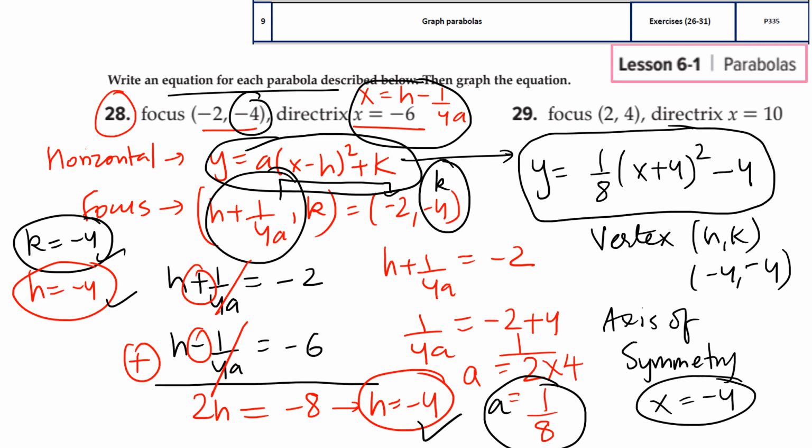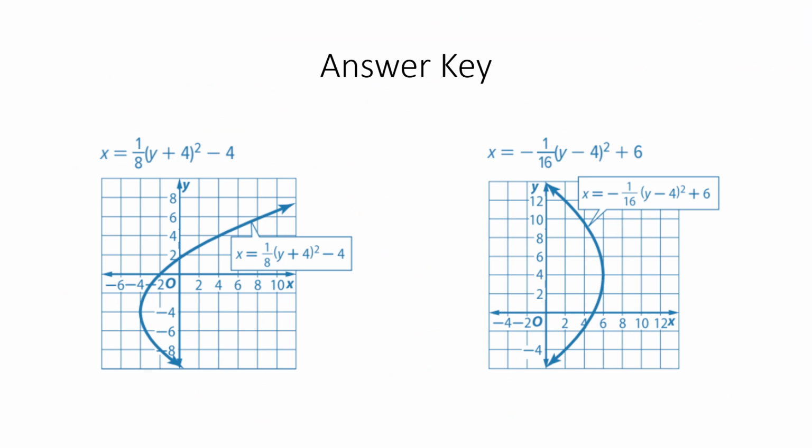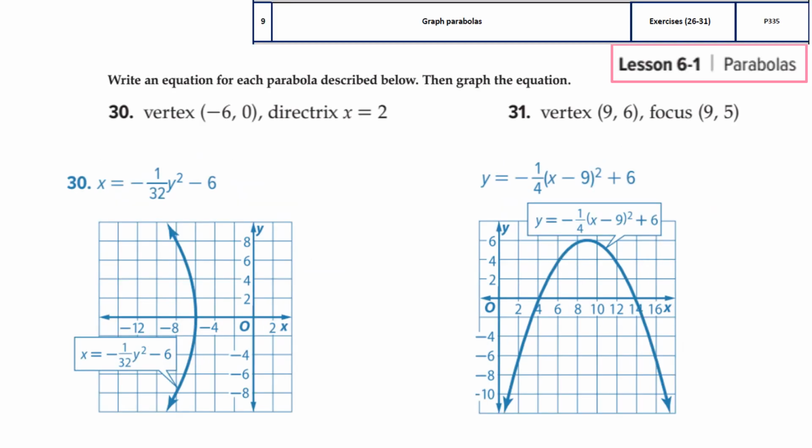Also you can proceed with the table of values and observe the symmetry. So I will show you now the answer key for these two questions. Similarly, try question 29. So now you can check your answer key. I have done the graphs for both the questions for you, and I hope you all were able to solve question 29 yourself and got the correct answer. In a similar way, you can solve question 30 and 31,